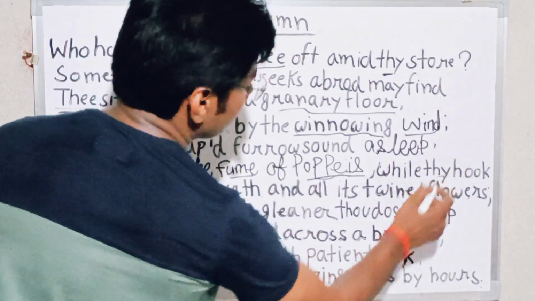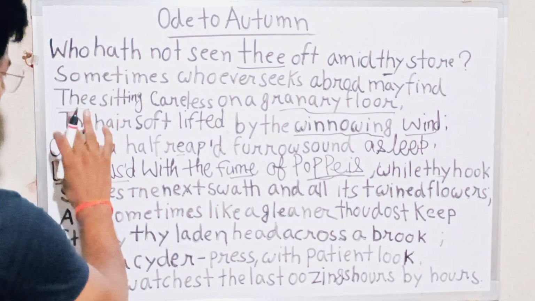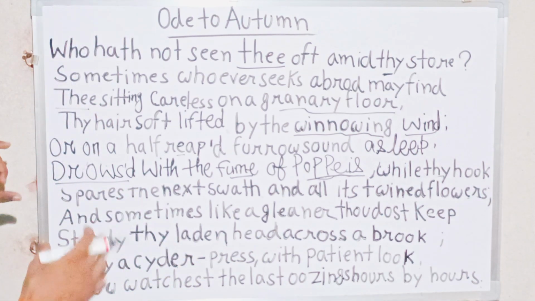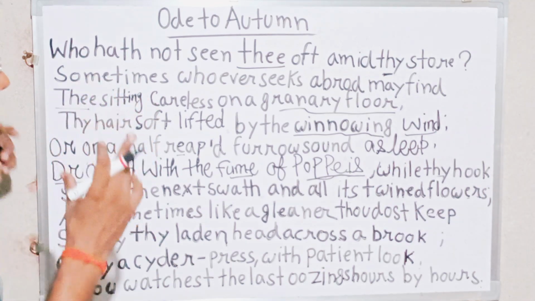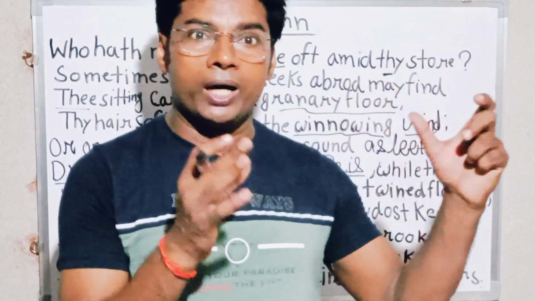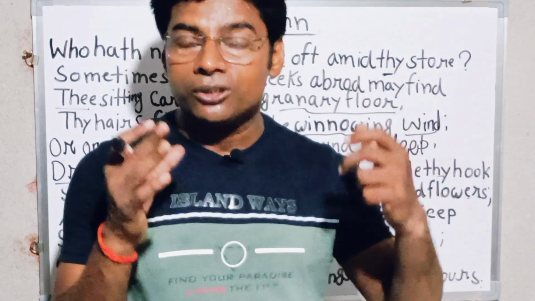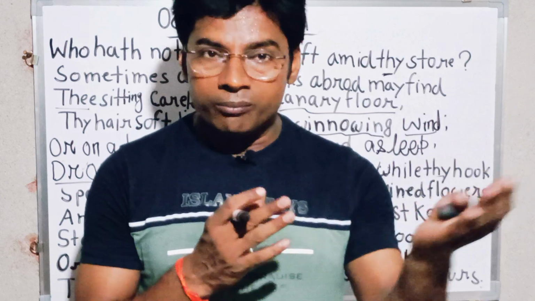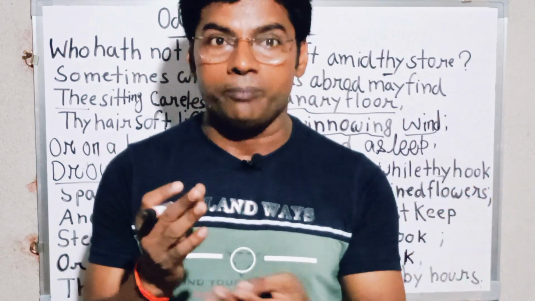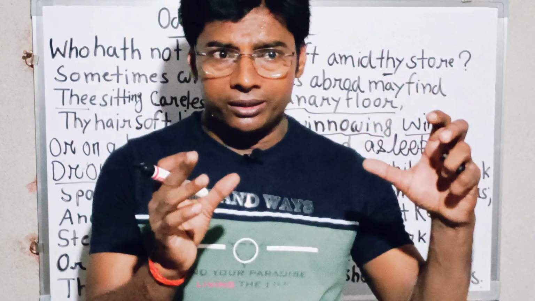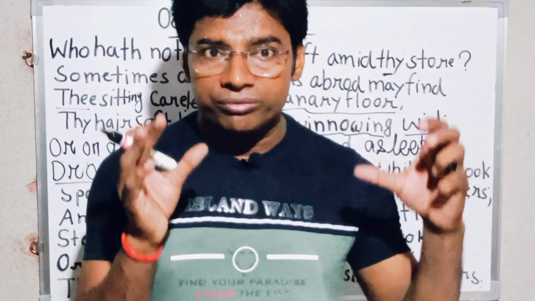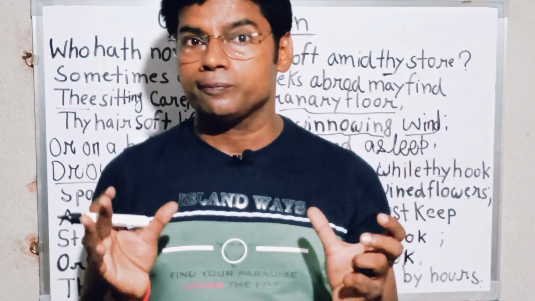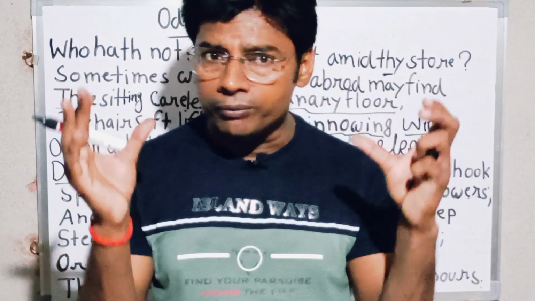"While thy hook..." So see here, I have already told you, but again I am telling you that here the poet is imagining autumn as a laborer or as a reaper. How can one recognize that autumn has set in? If one sees a reaper, meaning the farmer who cuts the ready crop, and here he is personifying autumn as a woman. So he imagines a woman reaper